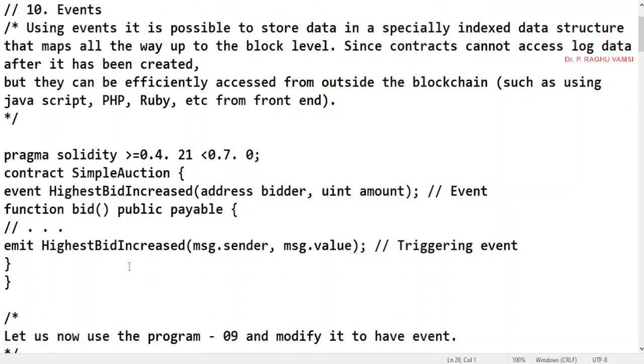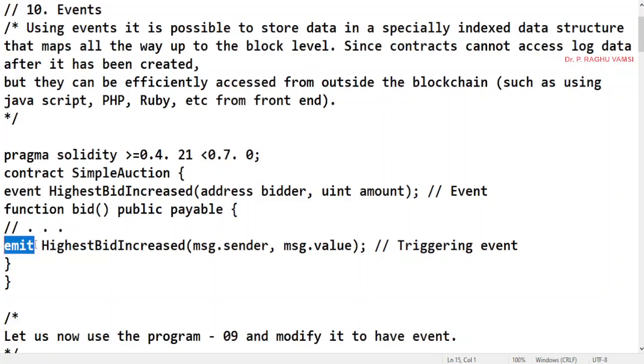To trigger this event: function bid public payable, because this amount is a payable amount, emit HighestBidIncreased(msg.sender, msg.value), triggering the event. So emit is used to trigger the event.